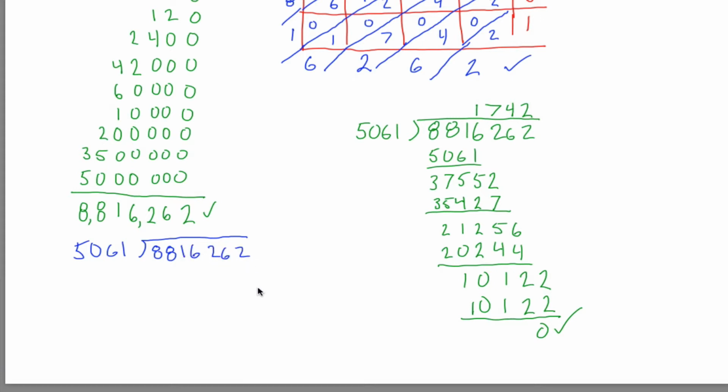8,262. The way we're going to do it with the scaffolding method is we're going to take out chunks. And what do you mean by chunks? Well, how many times roughly does 5,000 go into 8 million? I don't know. I can certainly get 1,000 out of it, because 1,000 of this number would be this number with 3 zeros tacked onto it. So I get 5061 with 3 zeros after it. And if I now subtract